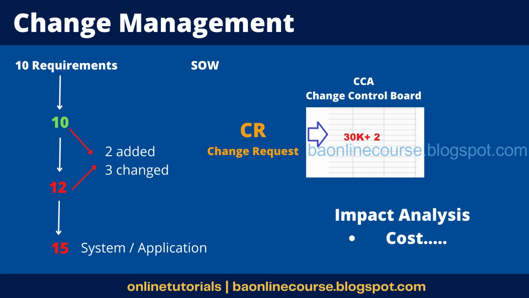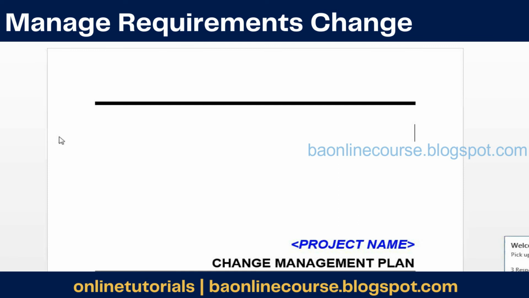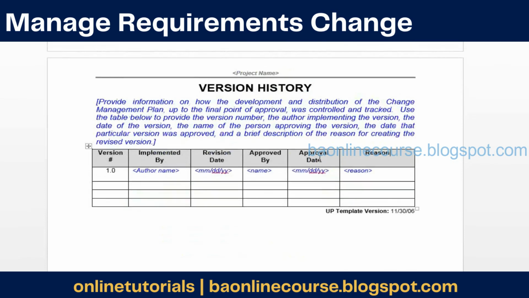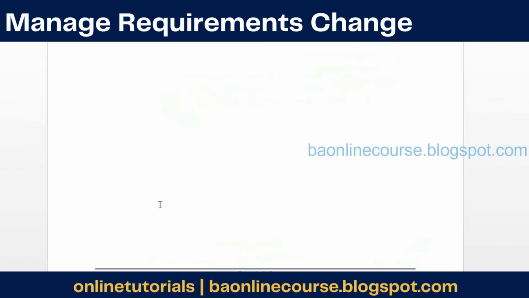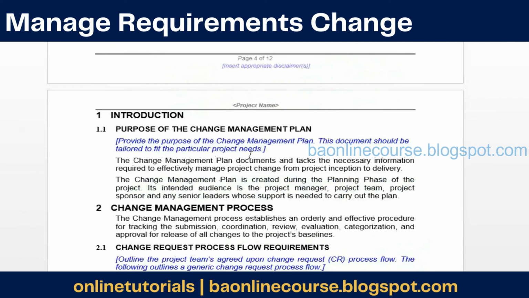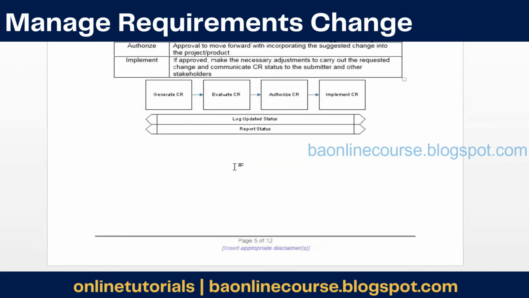Let's quickly go through the template also. Generally, these would be all standard documents. In any organization you go to, there will be a change management plan. You don't need to write it from scratch for the project. As per the change management plan template the teams would give you, all you need to do is add all those blue terms, where you just need to add the project name, the key people, and the version controlling details. All those details need to be added.